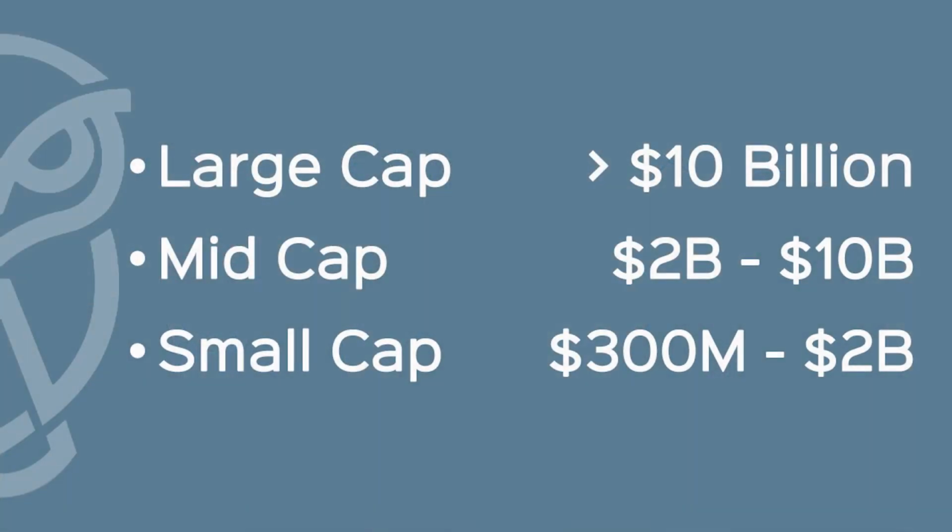Right. So you guys know that I'm a newly minted CFP, and this was a flashcard preparing for my exam, so it has seared in my brain for the moment. I'm sure it'll go away one day. So large companies have $10 billion in market capitalization. Small companies, $300 million to $2 billion. So even though they're small, it's not really that small. And mid companies is in between with $2 billion to $10 billion.